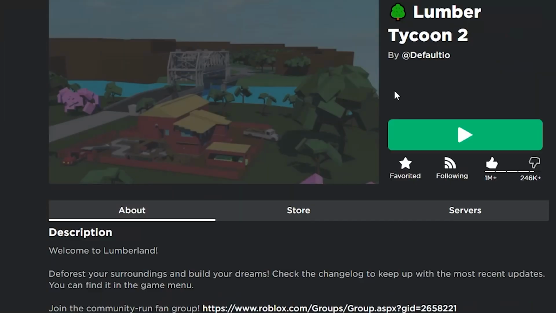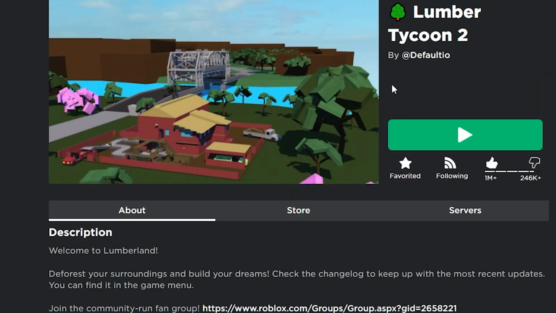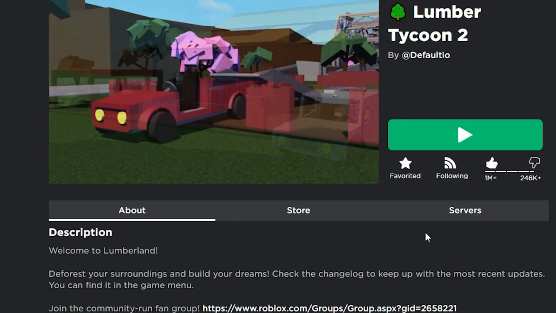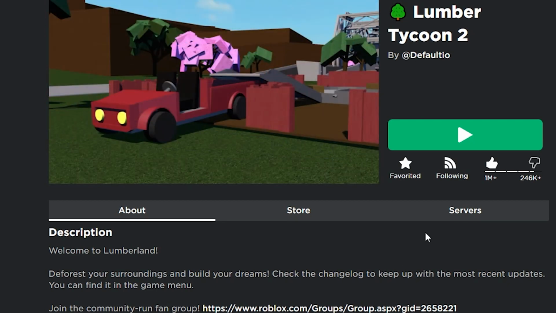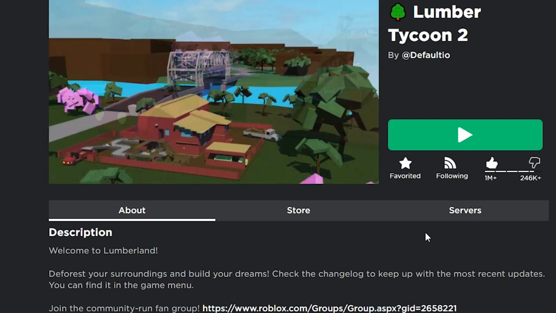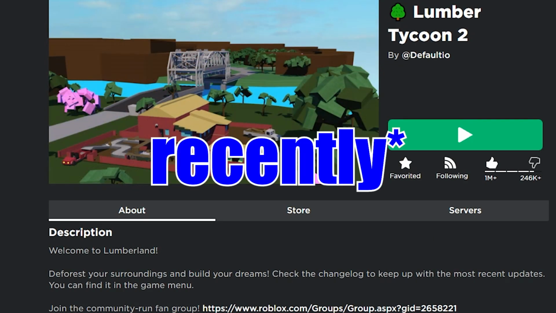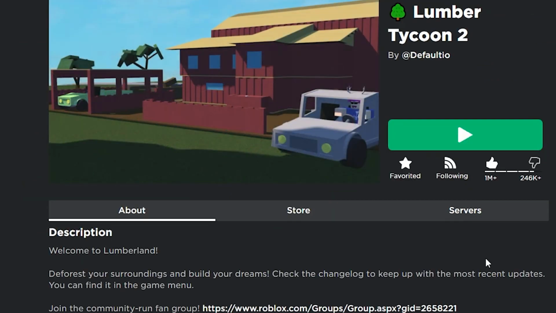I don't know. Lumber Tycoon 2 was like my favorite game ever for a while, like a year or two, from like late 2018 to 2020. I did lose interest in this game after a while, mainly because there's just so many exploiters, I can't even enjoy the game anymore, so that kind of ruined it. Luckily, the game has been getting updated a lot more frequently. Apparently, it got an update yesterday. Hopefully, exploiters will be permanently no more after a while.